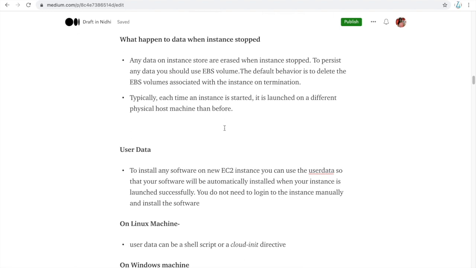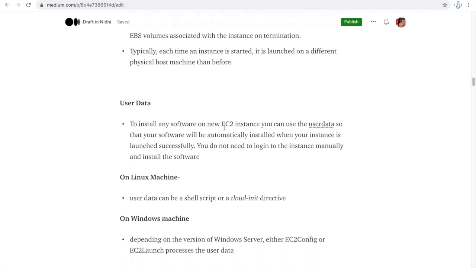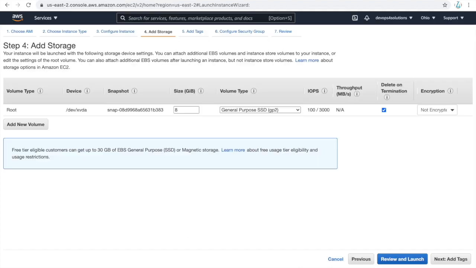Now the second thing, the user data. What is user data? When I'm launching a new EC2 instance and I want some specific software or anything else to get installed automatically, I don't want to log into the server and then install any software. So that is called the user data that you can provide.